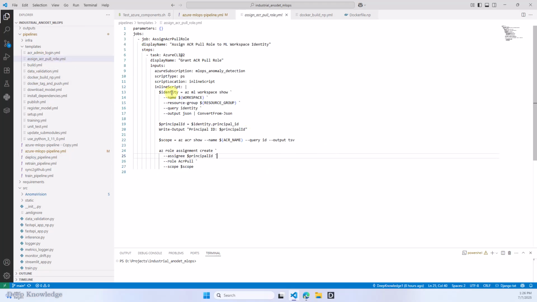So in the beginning, you have to go to the workspace, get the identity, and we need the principal ID. So with this one here, we will get the identity, and from the identity we will extract the principal ID. Now we need the scope to give a permission, and here we have